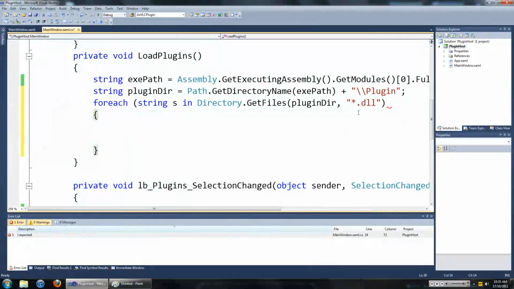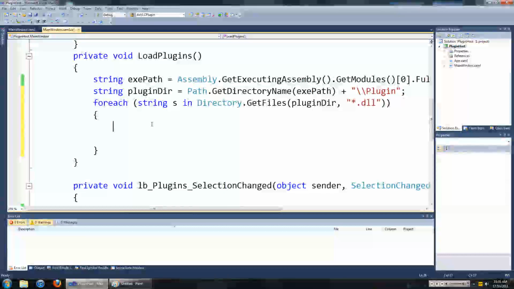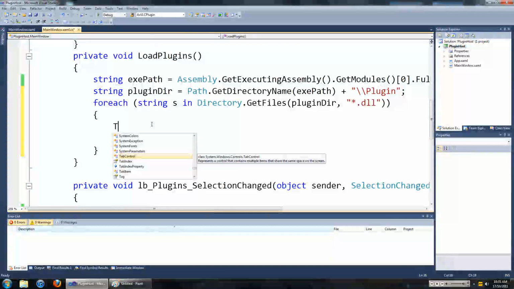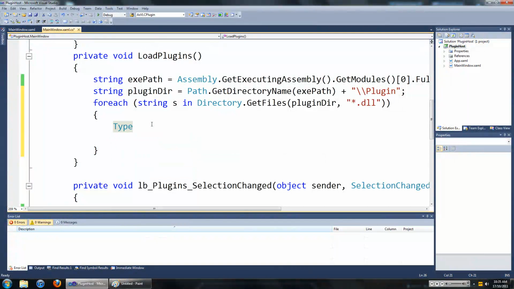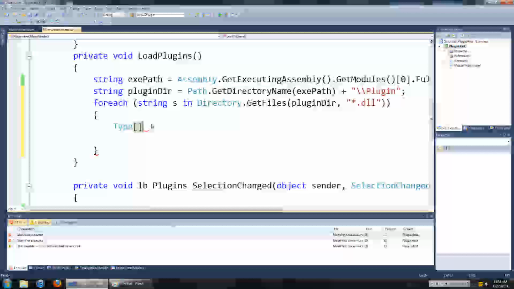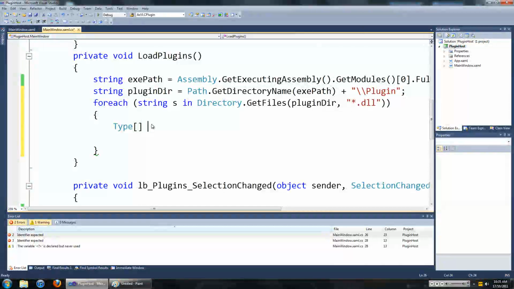So we are now going to try to load each of those files into the program. If you remember from my other tutorial on loading DLL files at runtime, we need to use a thing called types. So we're going to type in Type. It's going to be an array because a DLL file can have multiple types.